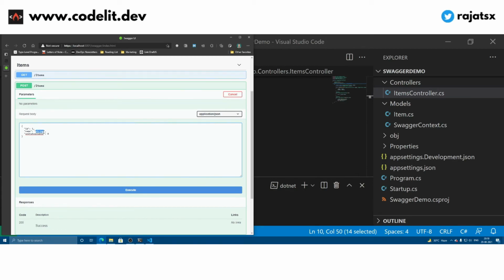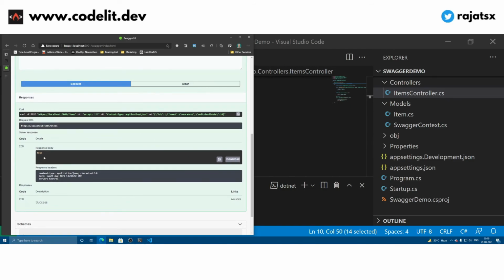Let's call it ID and the item name is avocados and the units available is 10 and I can simply execute it. Okay, so it says response body is true, right, which means that it has successfully posted this stuff on this particular URL, as you can also notice from the curl statement.